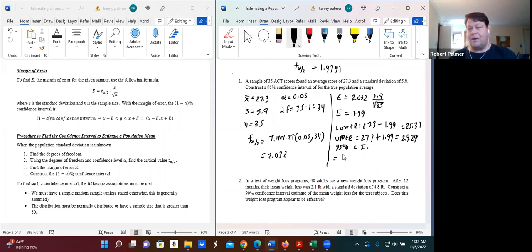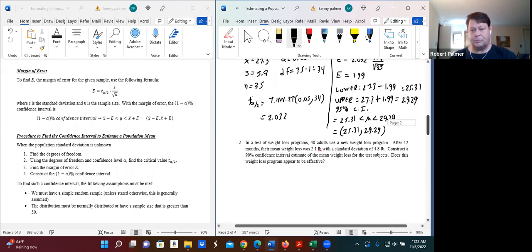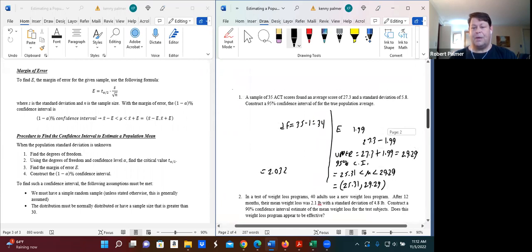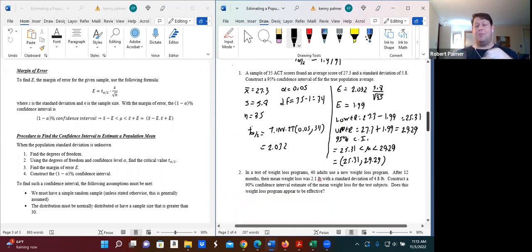So my 95% confidence interval, I'll write it two different ways. We have 95% confidence that the true mean is between 25.31 and 29.29, or we can write it in interval notation as (25.31, 29.29). So for this sample, what they're saying is that, based on this sample,